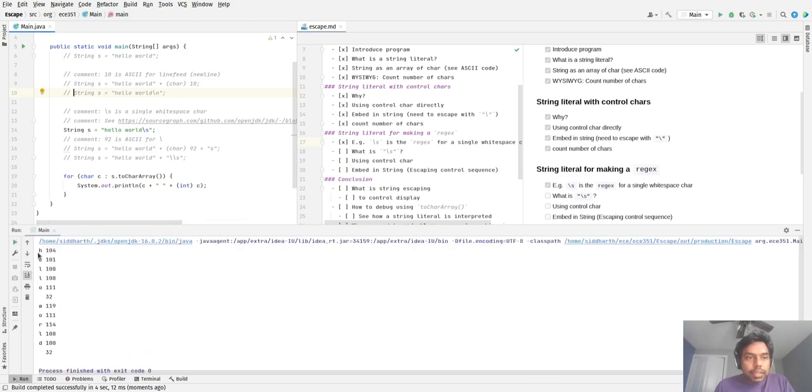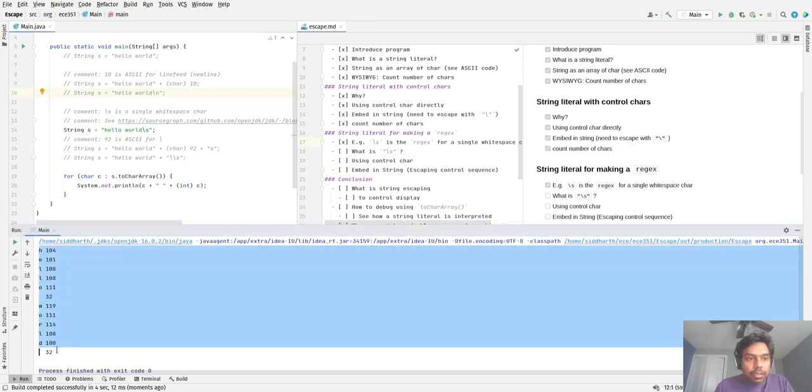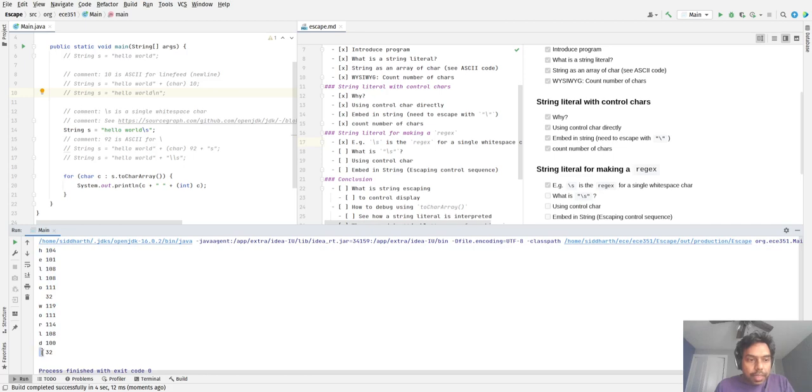So here we see that hello world is output as before, but after that you have a space, and the character code for space is entered as 32.